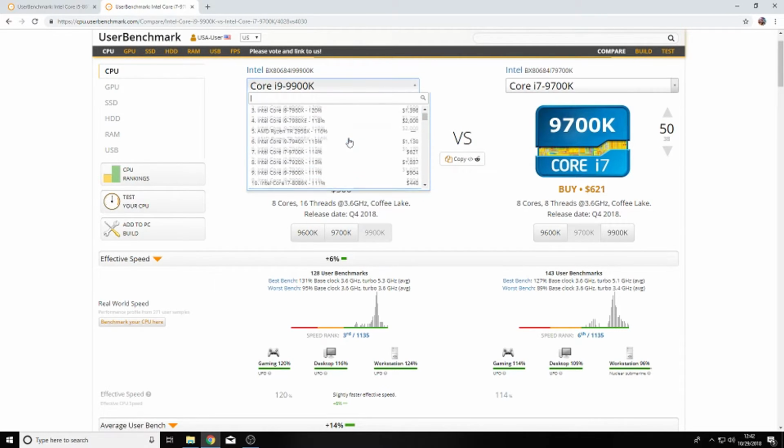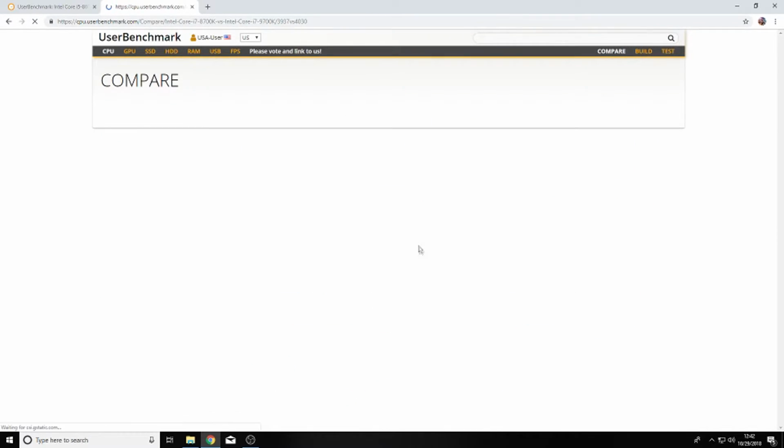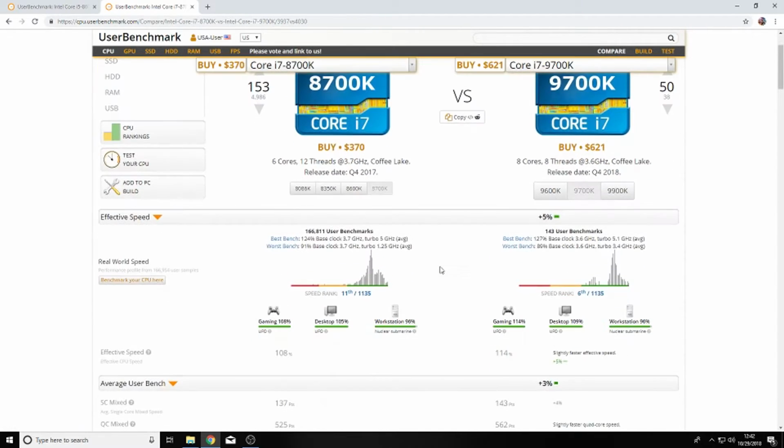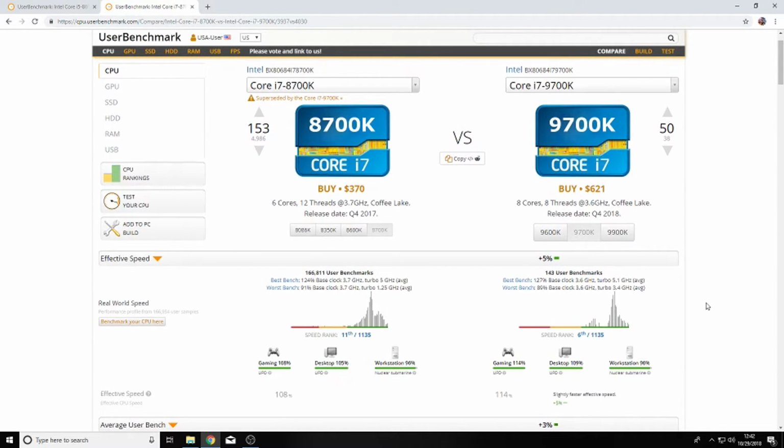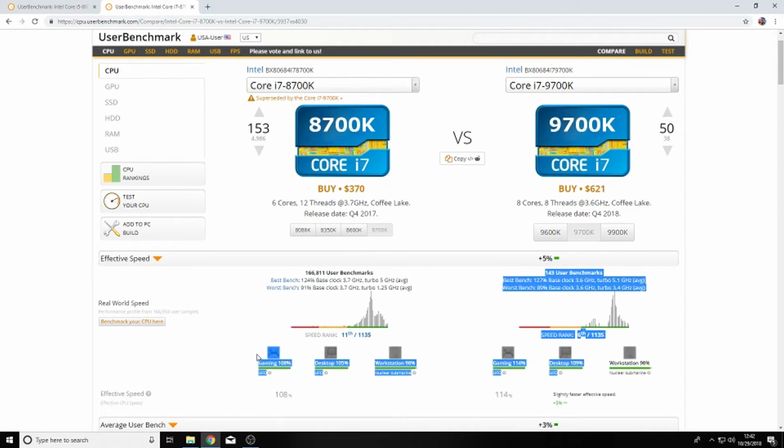Here's what I was looking at. This is what I've been waiting on 9th gen for, because I wanted to see if it would be much better, and I was so stoked on the solder. That was the main thing I was looking forward to. But there it is. From the numbers I look at when I compare,